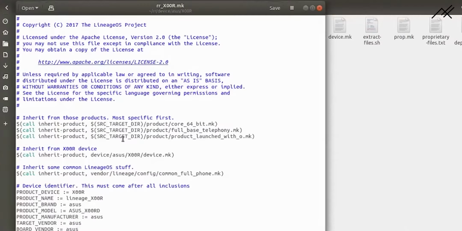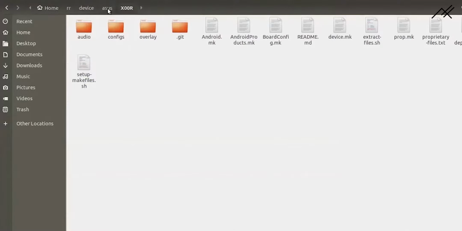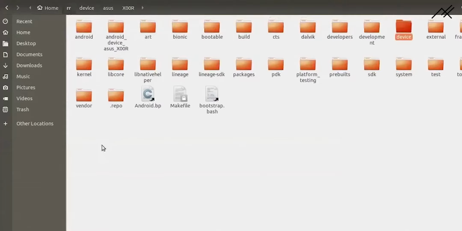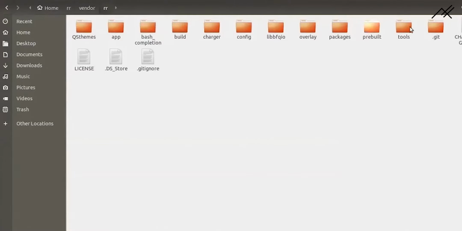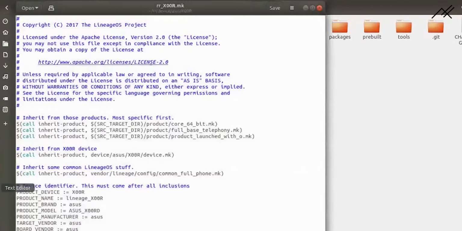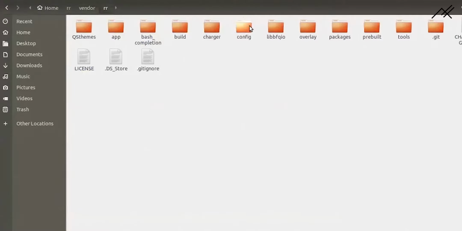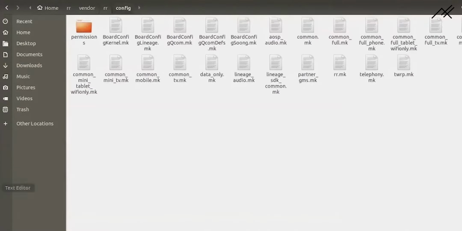So here we have this one source, okay, device XOR. Here vendor lineage, here we have vendor lineage config and full common phone, but it is not lineage, it is resurrection, so mostly it won't be there. Vendor, here we have RR instead of lineage. So inside that we have the file name config, and instead of lineage we have a config and common full phone.